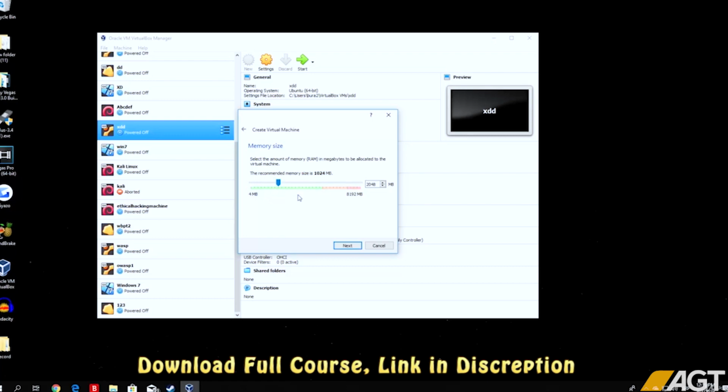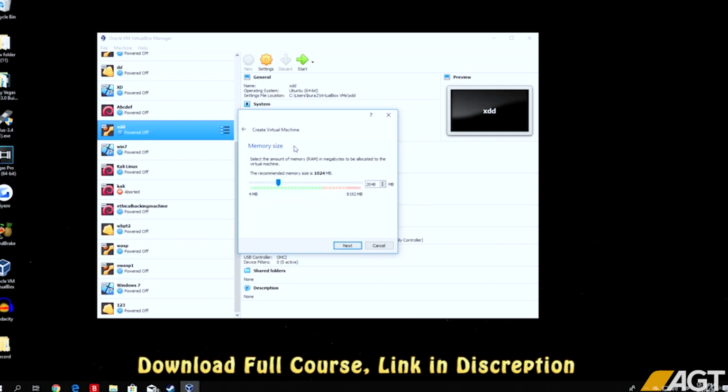So all you want to do is just select the memory that you are capable of giving to the virtual machine. For example, if you have 4 GB, you can technically give 2 GB for the virtual machine, but it might be running a little bit slower since you only have 2 GB left for your main machine. But it doesn't really matter. For now on, we just want to select the appropriate memory for our virtual machine. Click here next,